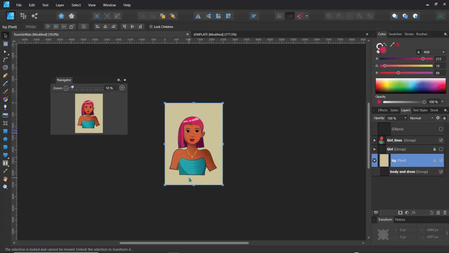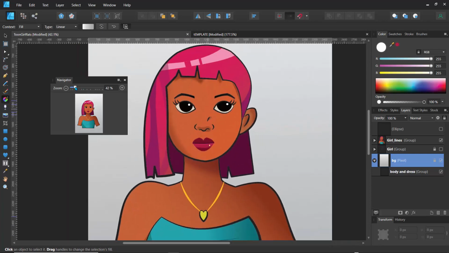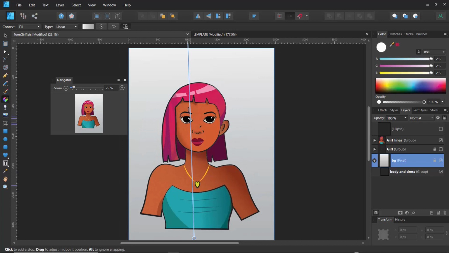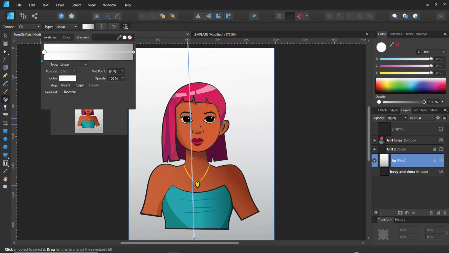So what I want to do is we can use the gradient tool to actually make the background interesting. So I'll hit the gradient tool and I'll just drag this down here. So it's going from white to a nice gradient tone. So what I'm actually doing is, if I drag this handle to the top, we're getting more of the gray down, we're getting more of the white. So I'll just drag this to a point where we have some of the white and then the gray it's showing down here, and you can always change these two colors to any color you want,